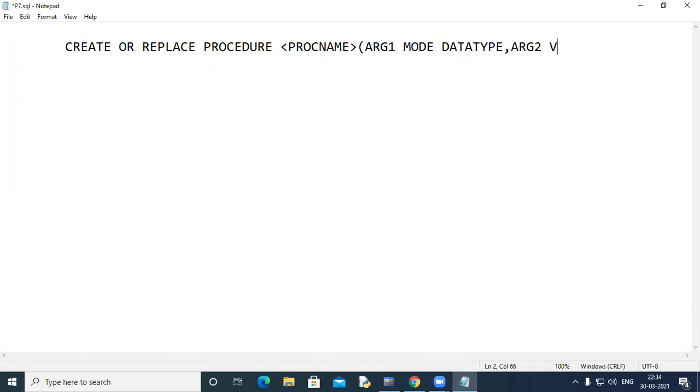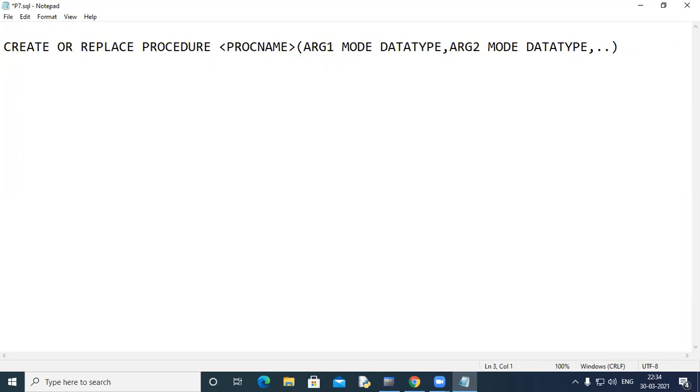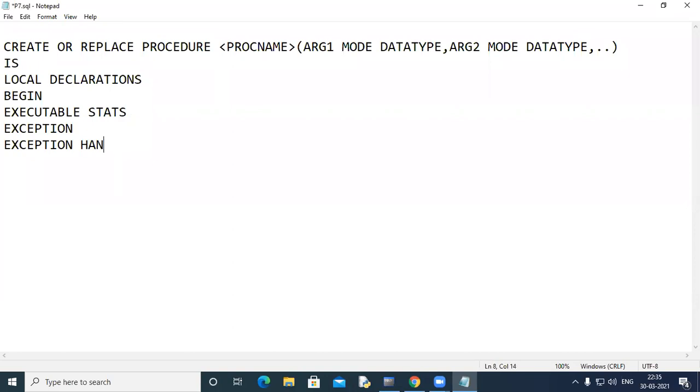I'm writing the syntax, kindly note. Now, once you start writing procedures, it would be understood automatically. First you write, then we'll discuss. Local declarations. Executable statements. I'll explain it to you also, no worries.